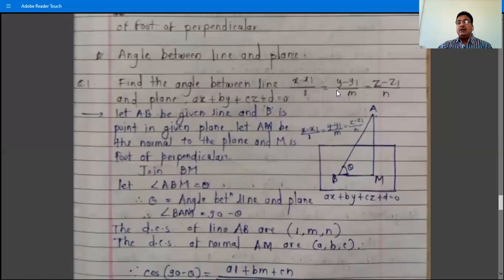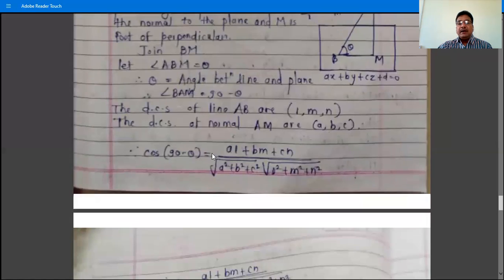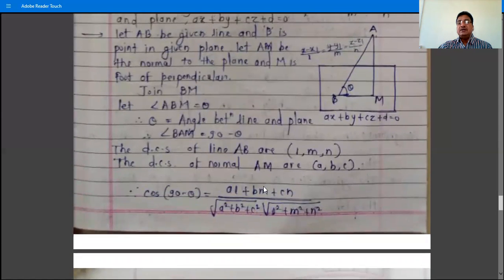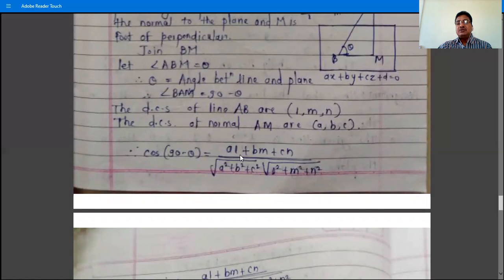So if we take a, b, c here, then take another notation at this place. If you have to take another notation in the place of l, m, n, then take a1, b1, c1. Okay, and then what do we have? Cos(90 minus theta), because the cosine of the angle between the two lines in terms of direction ratios is (al plus bm plus cn) divided by root of (a square plus b square plus c square) times root of (l square plus m square plus n square). So this is the formula in terms of direction ratios.